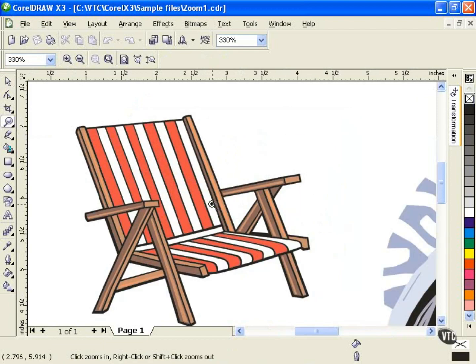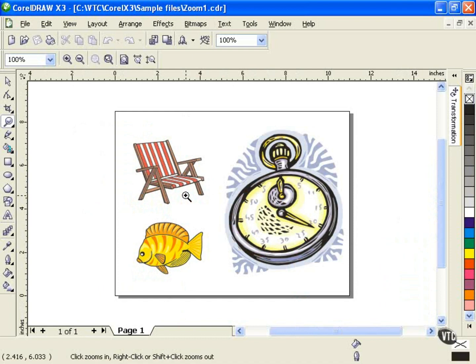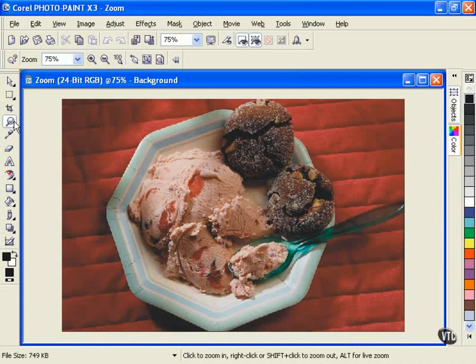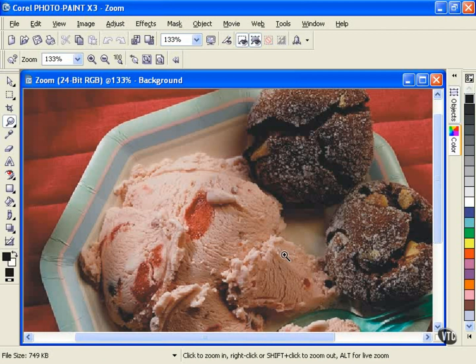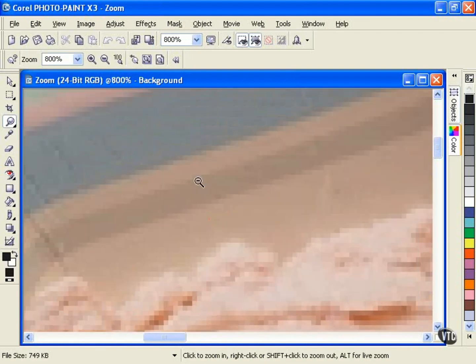Then you can work in this, and if you want to zoom out, you can hold down the Shift key. Notice that your zoom tool has a minus sign in it, and we zoom out again like that. Let's just switch over to Photo Paint here, and I've got the zoom tool selected, and we can do the same there. Again, press and drag for a marquee, and we zoom in. We can zoom right in at the pixel level, and again hold down the Shift key and click, and we